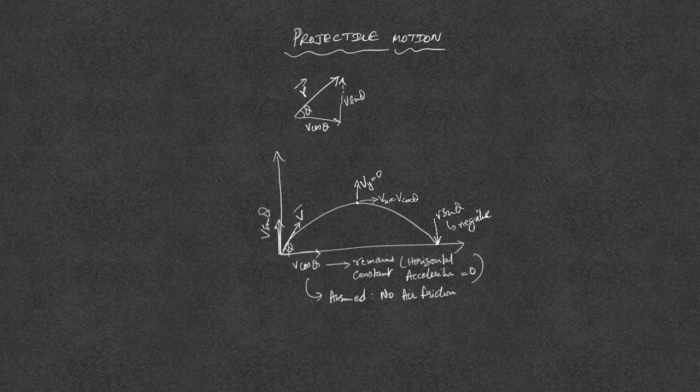Okay. So it's very important to understand that here the vertical velocity keeps on reducing. Here it becomes 0, and then the vertical velocity keeps on increasing. Okay. This is the fundamental. In the next chapter, we'll see how to calculate the time which the projectile will remain in the air as well as the maximum height reached.